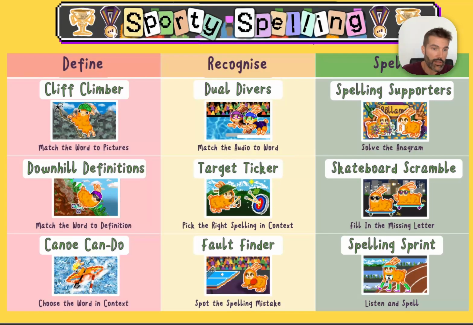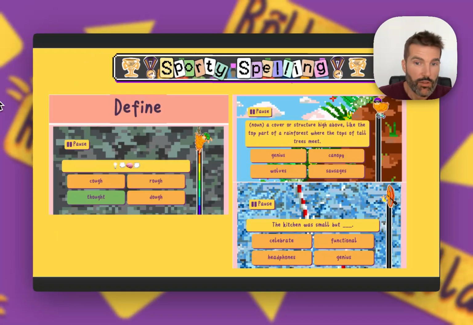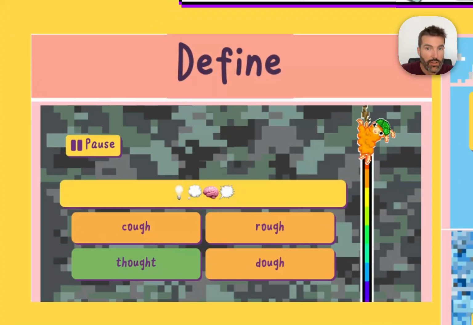So we start with a matching words to pictures game. We've got an AI system which generates the game content, in this case generating emojis, which is matching your custom word. So each game presents the target word once for each word. You can enter between 5 and 20 words in each list. And so, for example, in the emoji game, the student will have multiple choice of 4 options. So 4 of your words, and one of them will be correct, matching with the emojis, which kind of represent